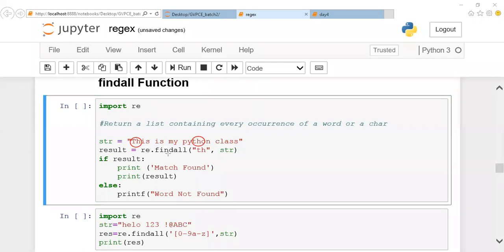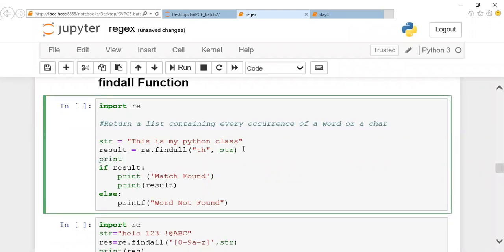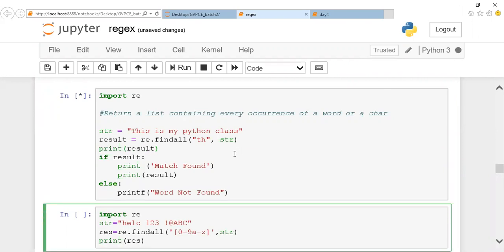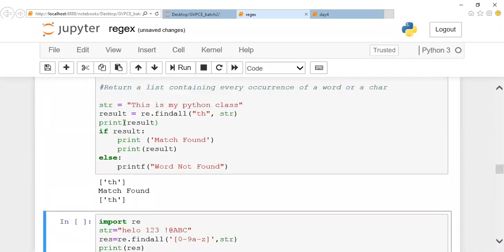Findall is used for finding, guys. Split is used for splitting, and findall is used for finding. I want to find the occurrence of "th" in str. If it is found, th will be there. I'll print this result to show you what will happen, so that you can come to some conclusion. What does that result carry? Result will carry the string th. You can notice that the result carries th. If there is some data in this result, then it means the result is not none. If the data is not there, it will give you none as your result.